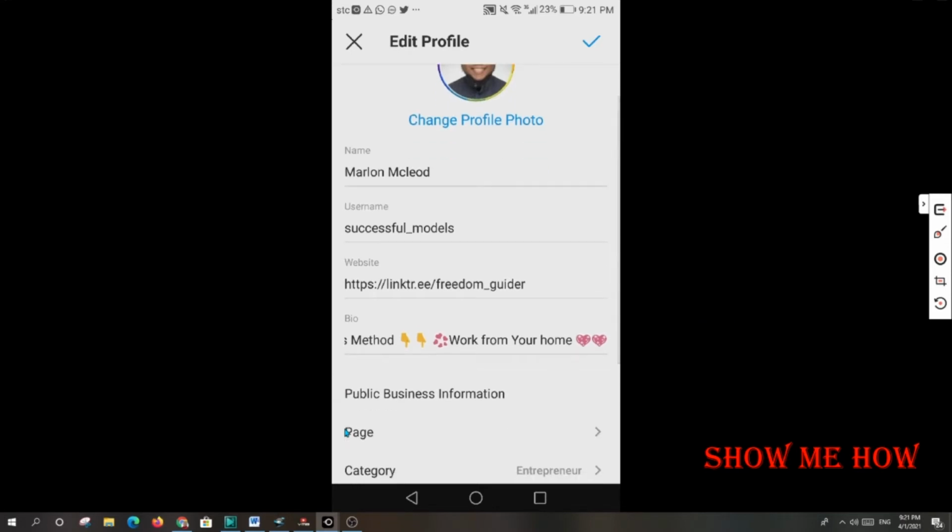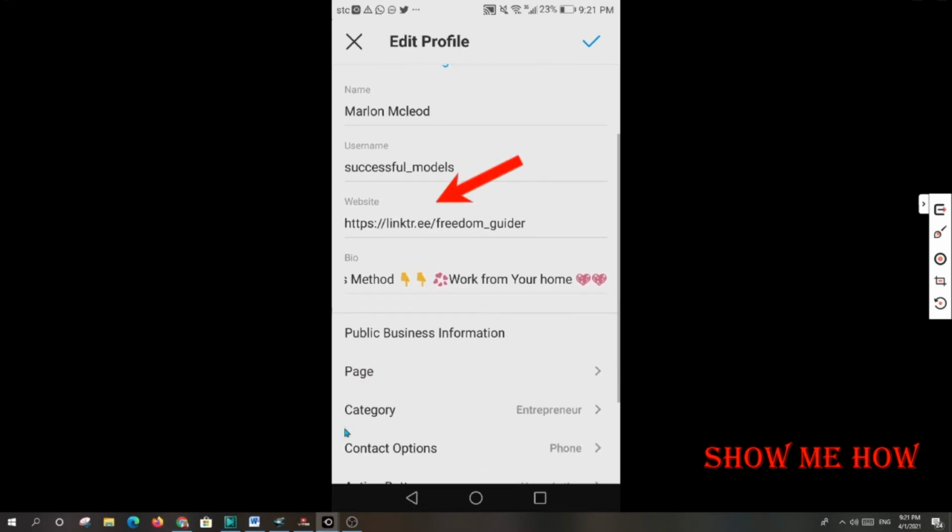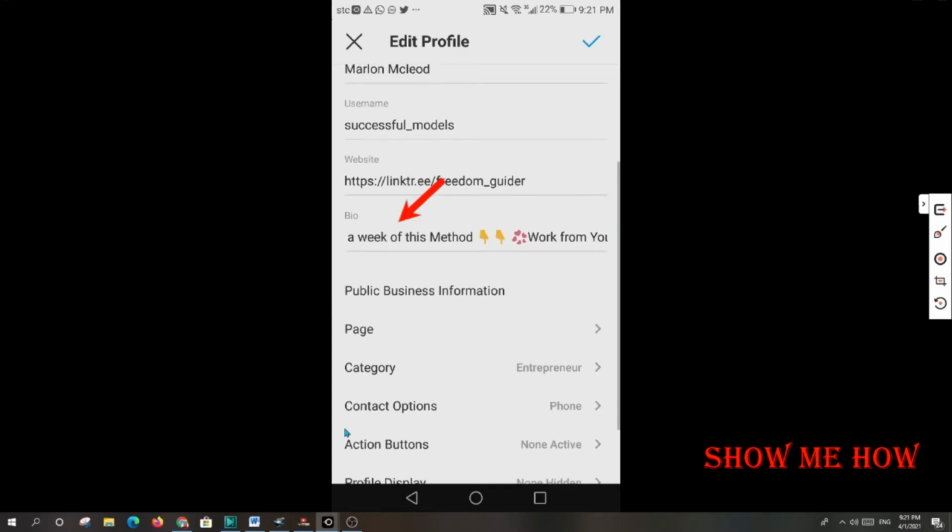Now when we go lower, we have the website. The website is where you can put your unique website URL, or you can put an affiliate link there or a landing page. Very cool. Here I have a link for a Linktree account which I'm currently promoting, and I'm going to show you in a few minutes how the website looks, which is my landing page. So when we go further down, the bio should be something that is in depth of what you do,